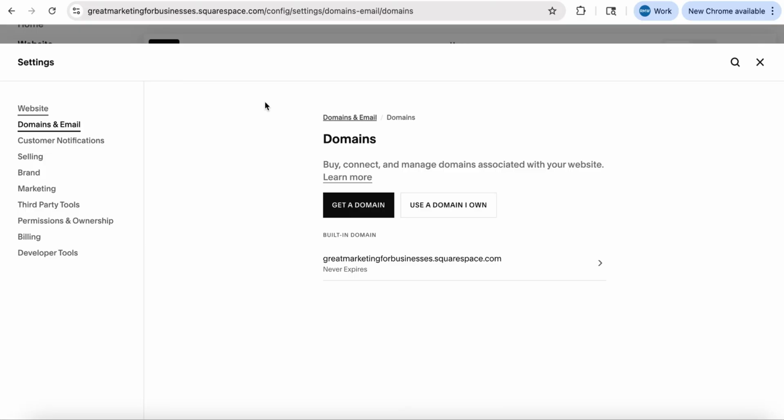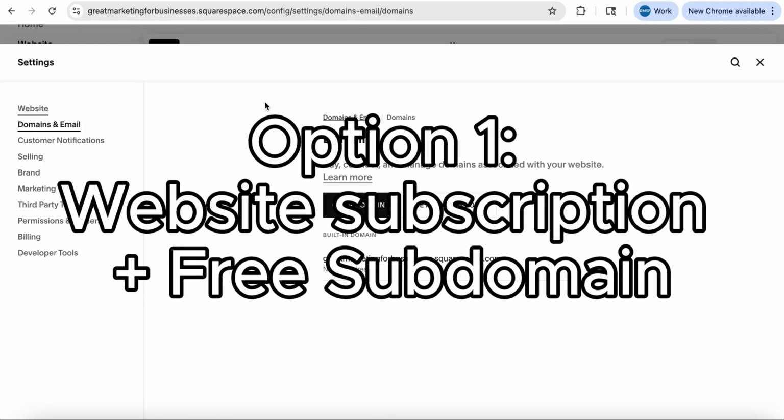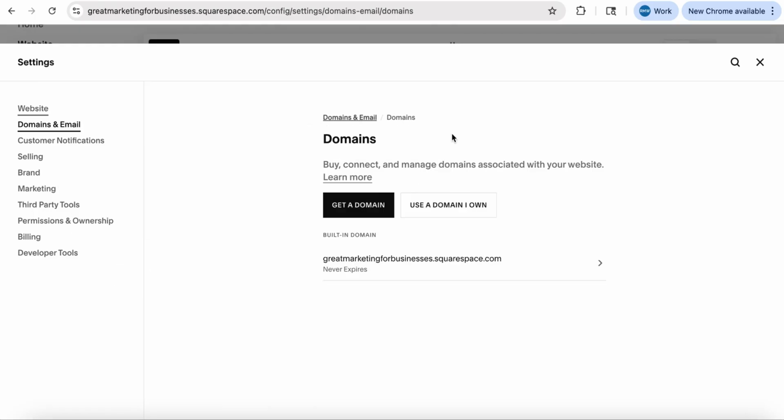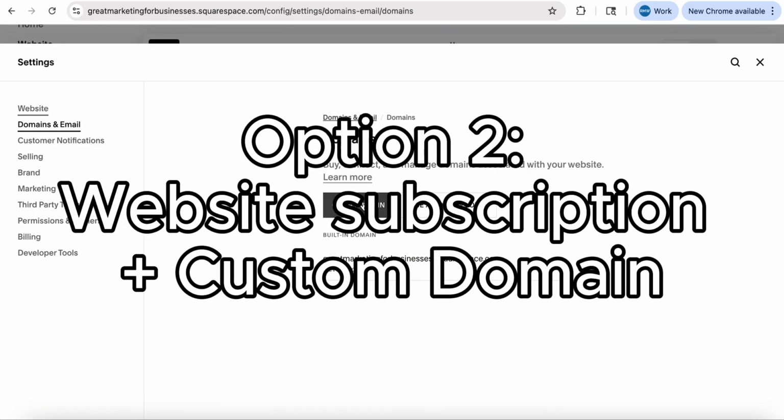And the way you can set this up is you'll still need a Squarespace subscription to the Squarespace website. But if you want to just keep the subdomain, you could share that, and it'll be free. You'll just pay for the website and not the domain, which is the hosting. In this case, let's say we want to get a domain,